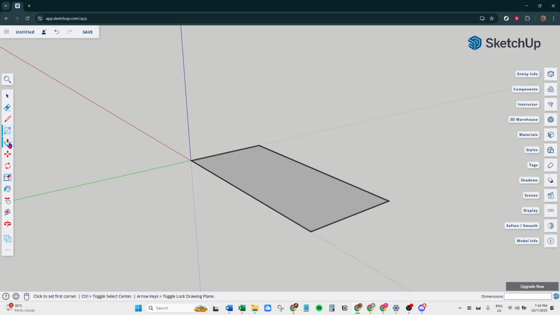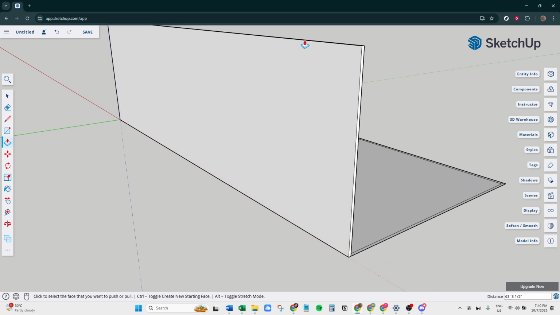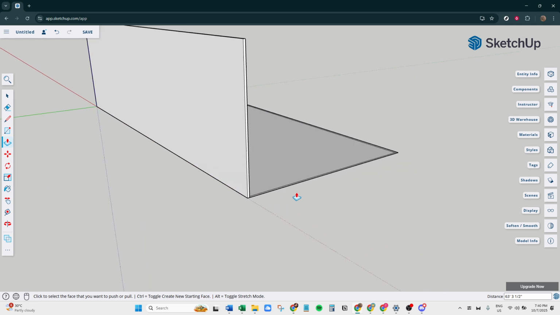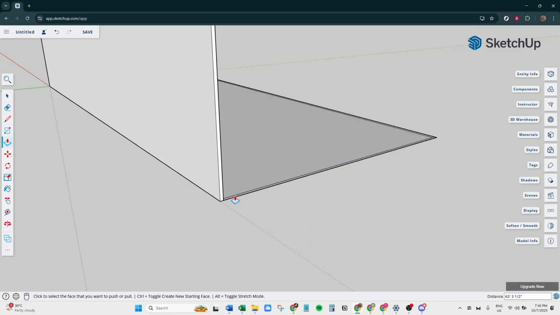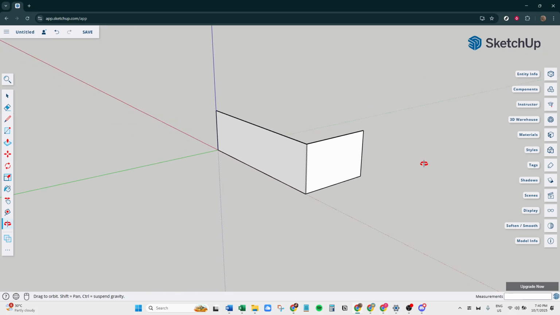Next, we'll add some dimension using the Push/Pull tool, which gives 3D form to your drawing. Select the tool and click on the square you just created. Then pull upwards by dragging your mouse. You should see your flat square turning into a 3D box. This is your first foray into creating 3D objects. And as you can see, it's as easy as click, drag, and release.